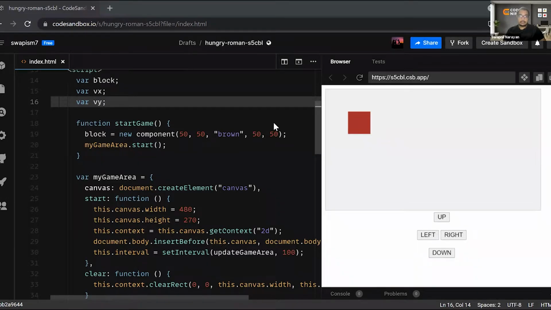Vx is velocity in x, okay? Block is the brown component, fine. And value by which your x and y will change on pressing the button. So not exactly value, but how actually what is